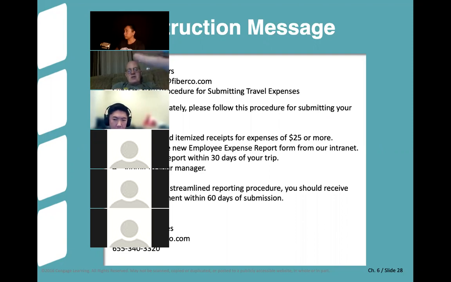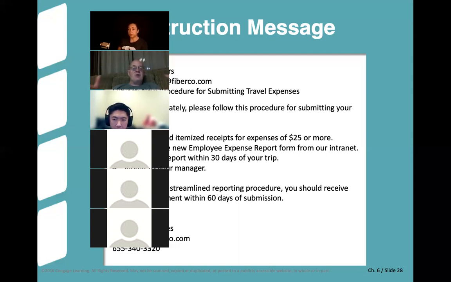And then the closing. By following the streamlined reporting procedure, you should receive your reimbursement within 60 days of submission. So laying out what can be expected if you follow the instructions. So that goes to the WIIFM, right? What's in it for me?